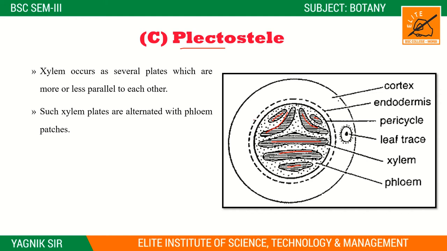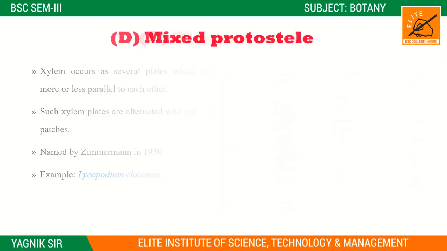આની અંદર પણ phloem છે કેમાં હશે? પેચીસ માં હશે, રાઈટ? અને આગળનો જે ટાઈપ જોયો એમાં સ્ટાર શેપ હતું, આમાં પ્લેટ લાઇક સ્ટ્રક્ચર છે, બીજું કાંઈ છે નહીં. એન્ડ એકચ્યુઅલી ધીસ પ્લેક્ટોસ્ટેલી word proposed by the Zimmermann in the 1913, right? Some example of the present this type in Lycopodium clevatum. This is the pteridophyte species, right? Clevatum, L. clevatum, Lycopodium clevatum. In this species, this type of the stele are the present, right?